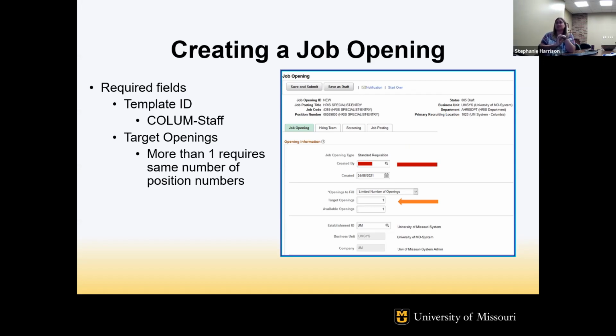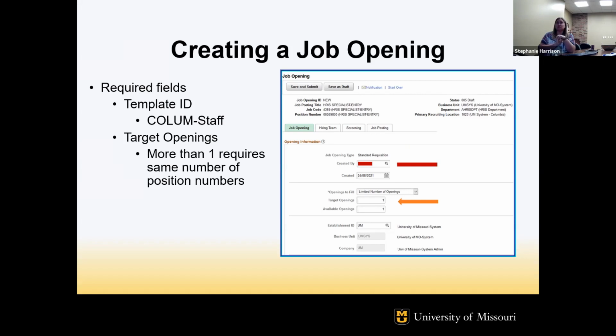Their HR offices handle things a little bit differently than how Columbia does for the most part. So if anything looks off from what you're used to seeing, that would probably be our first guess as to what might be wrong. But you'll want to verify that, and then if it is correct, you're fine to proceed.